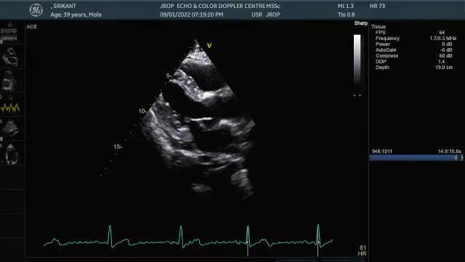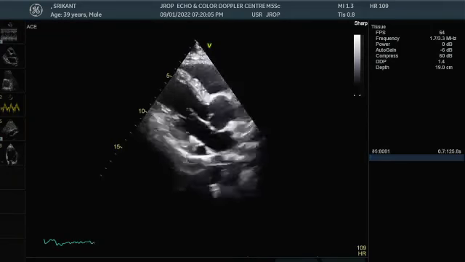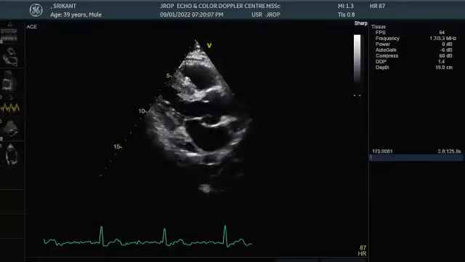So both cusps should be seen. Even this cusp, I'm not very comfortable. Both the cusps should be seen in equal density. So the hinge point of the right coronary cusp and the hinge point of the non-coronary cusp is the LVOT diameter. At your level, just remember this. You may have a little difficulty understanding all this. Many people will come and tell you many things, but don't get flowed away.